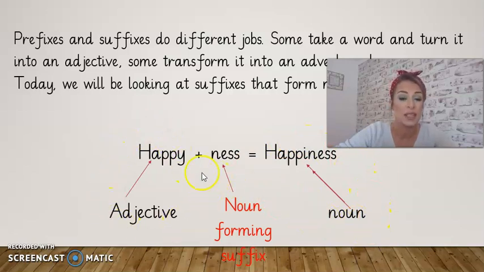Happy here is an adjective, so it describes, I was happy today. That's an adjective. And this ness, it's not really a word on its own, it's just a suffix, a little group of letters. But if we pop it on the end of the word happy, it gives us the word happiness. Now, obviously, we do have to get rid of that letter Y and swap it for an I,